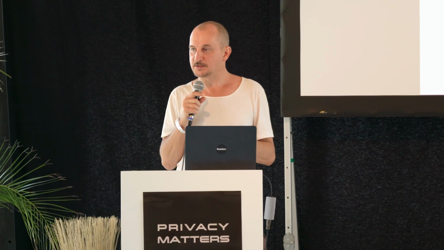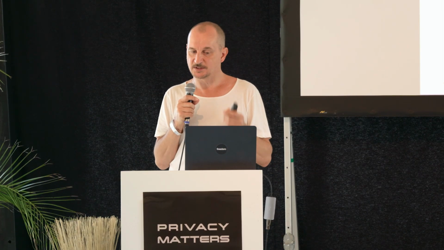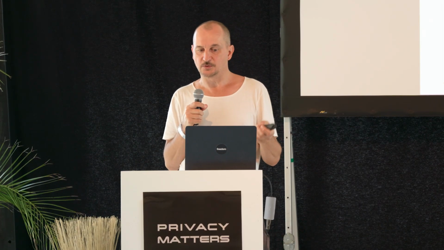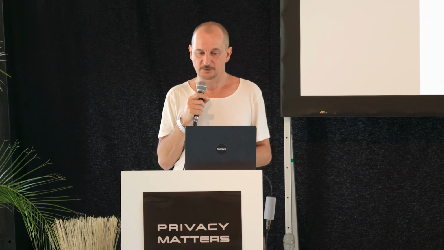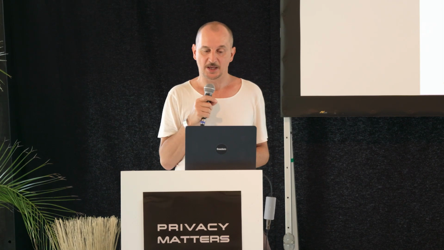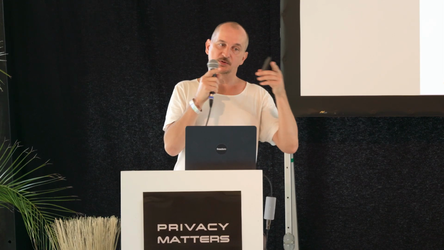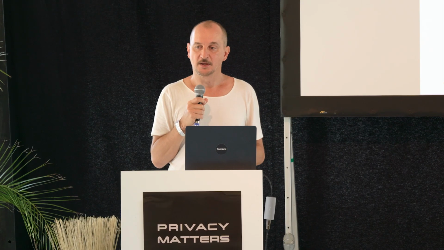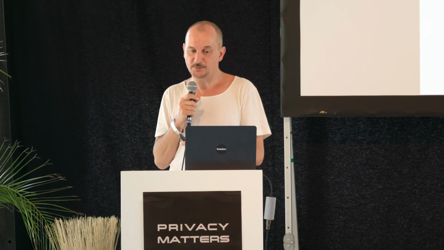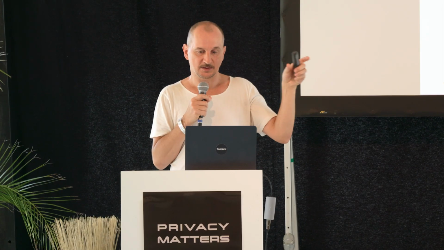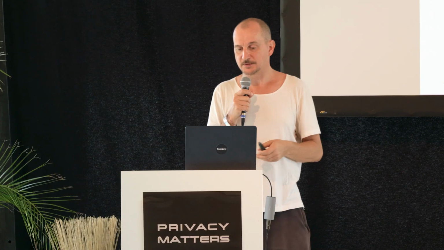Those are long strings, numbers you can't remember, and they change constantly if you update the content, or if you want to address sub-elements of that content. So to have human-readable names, you need ENS, the Ethereum Name Service, and you tell your domain name, let's say meinhard.eth, my newly uploaded website is now living on this hash. So you connect that, and then the smart contract knows where to find it and where to point browser users.